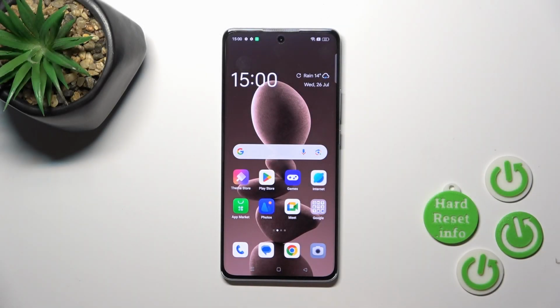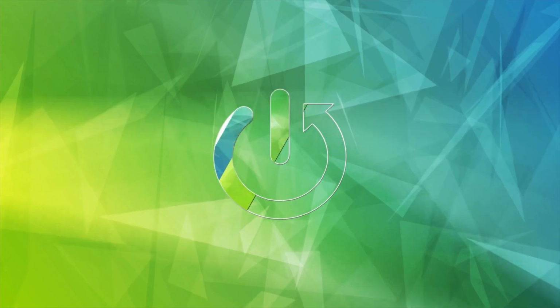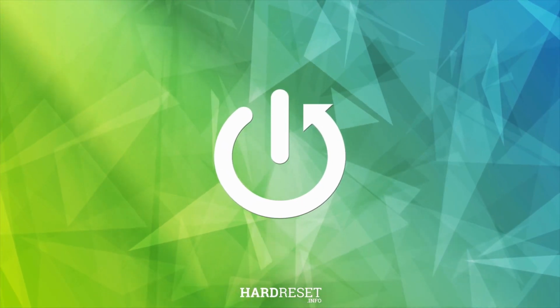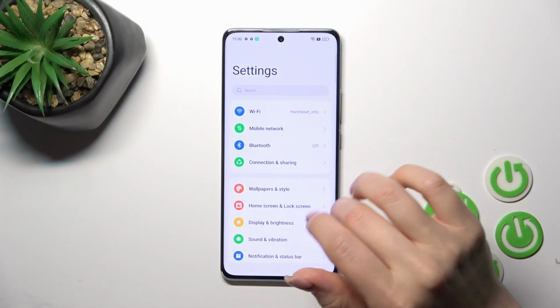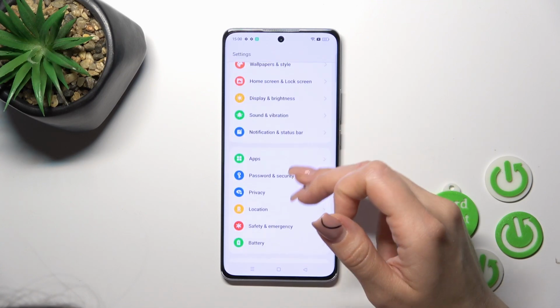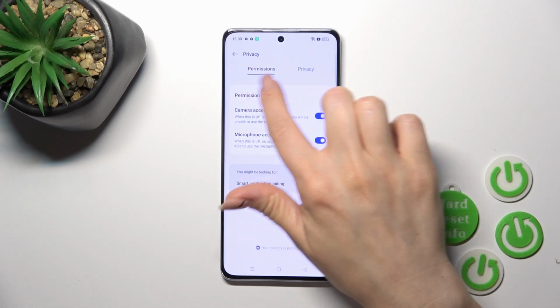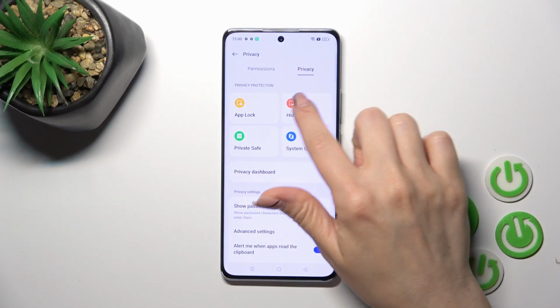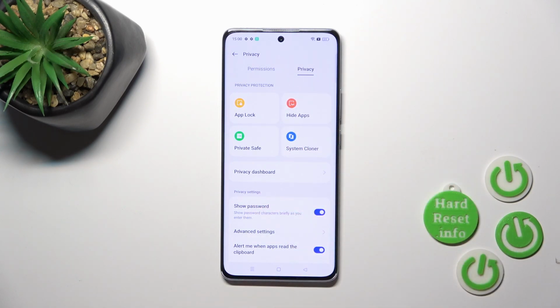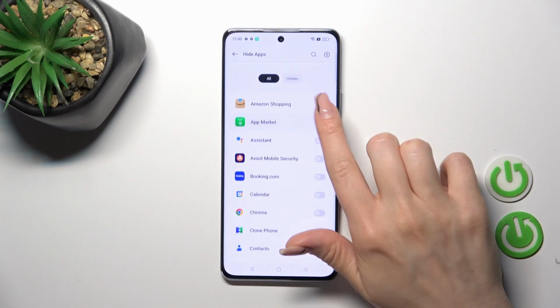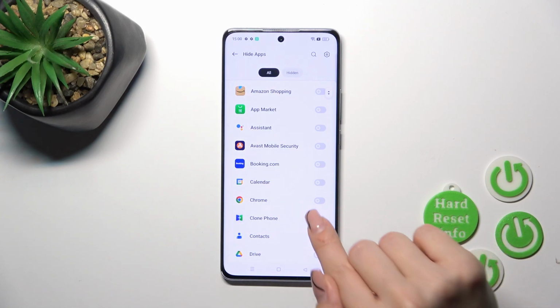Hi, today I'm reviewing OPPO Reno 10 Pro and I'll show you how to hide apps on this device. So open first the Settings application, then scroll down to the Privacy section, switch permissions to Privacy and you'll see here the Hide apps section. Just tap on it and to hide one from your applications, for example let's hide the